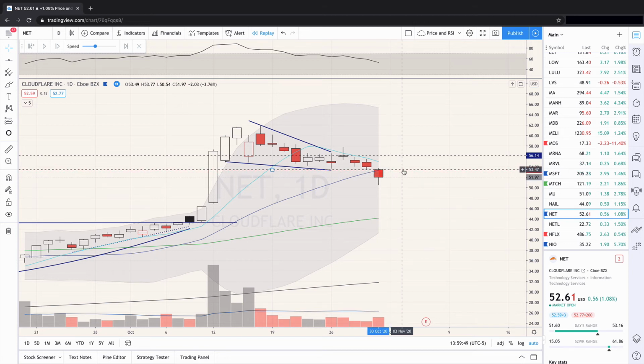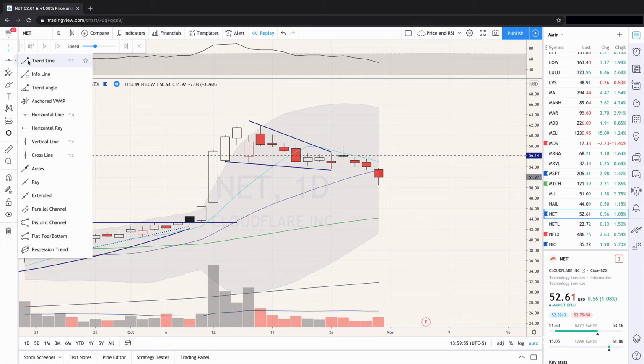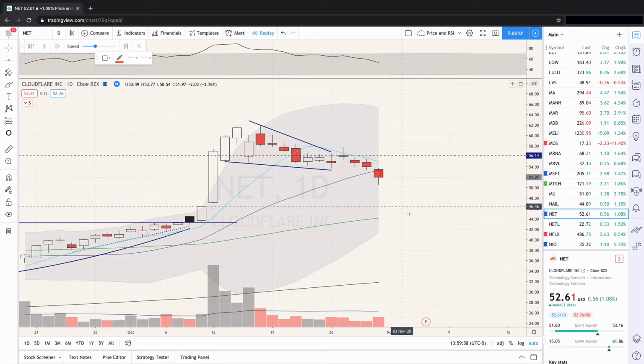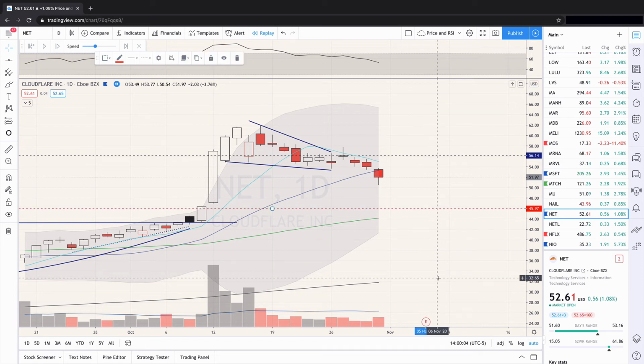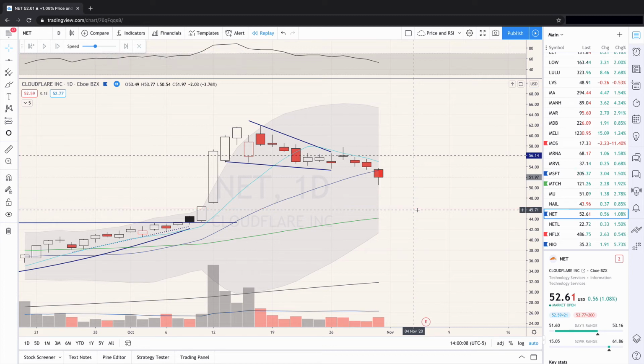Something that makes no sense is, I think this looks good, so I'm not going to place a stop at all. Or I'm going to have a stop that maybe represents a 25% loss to my account, and I'm going to place it right here for no reason at all. There's no logical reason. This just represents a 25% loss to me. None of that makes any sense, right? So you want to impose your logic on the trade.